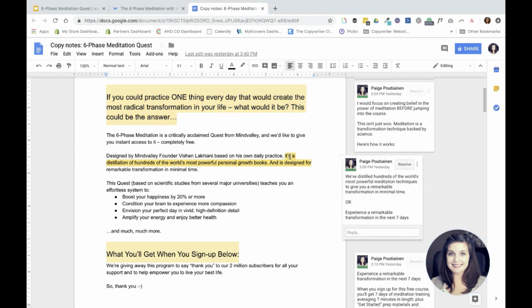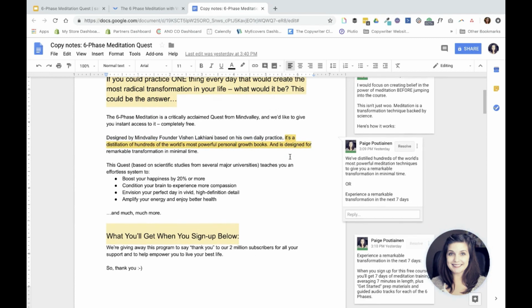And then once you're transitioning into talking about the quest itself, we actually had something buried in the body copy that could be a potential powerful headline. So when we're talking about the quest itself, we could say something like, we've distilled hundreds of the world's most powerful meditation techniques to give you a remarkable transformation in minimal time. So this ties into our kind of big idea about transforming your life in 15 minutes a day. So minimal time and